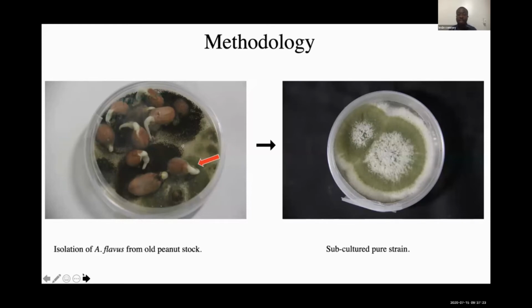After that, we wanted to confirm, because the green color alone could not give us an idea whether we had obtained a pure strain of A. flavus or there was a contamination. So we used molecular characterization, basically the PCR method, and we found that with the L2 marker, the A. flavus gene is supposed to have a band size of about 538 base pairs. Within our 5 samples, 4 of them contained